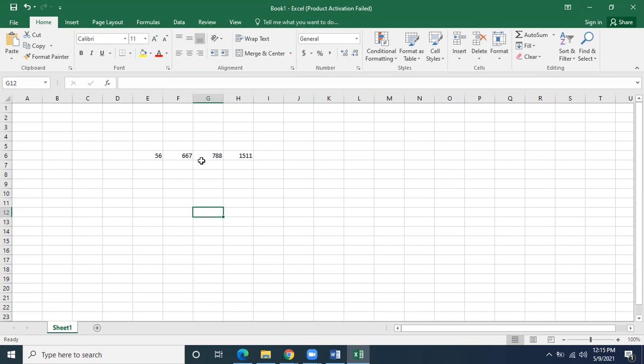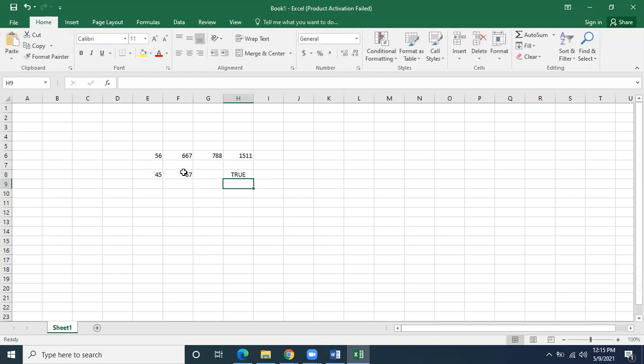What is meant by logical operation? For example, if I say this is 45, and this is 67. Now, which one is greater? If I need to decide, I will compare them. I will check that this one is less than this one. E8 is less than F8.